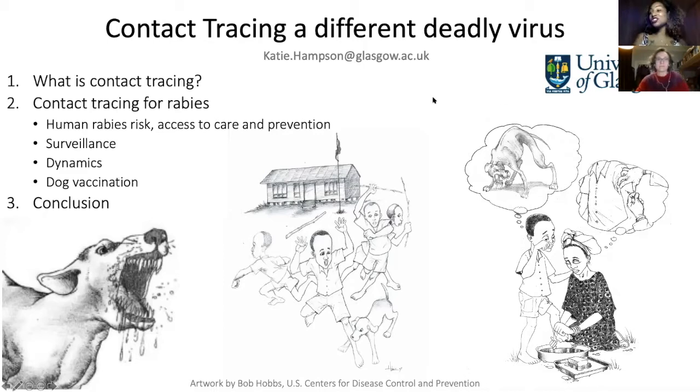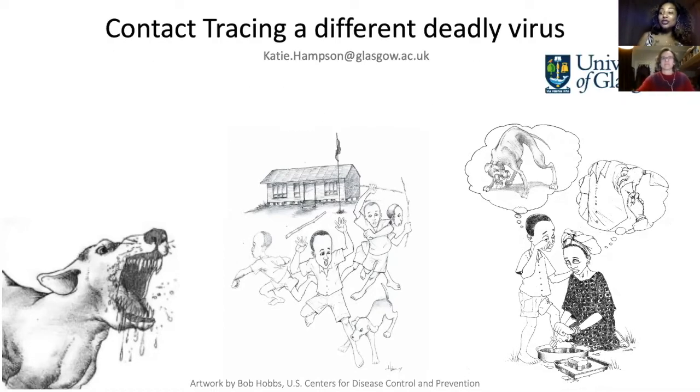She earned a PhD in 2007 at Princeton University, where she developed contact tracing in the context of rabies. She wanted to decipher the transmission of rabies in Tanzania, and she's now in Glasgow, where she's still working in infectious diseases, especially rabies in Tanzania, and she leads field research in Tanzania. She's focused on the ecology of infectious diseases, mostly rabies, which is what she's going to talk to us